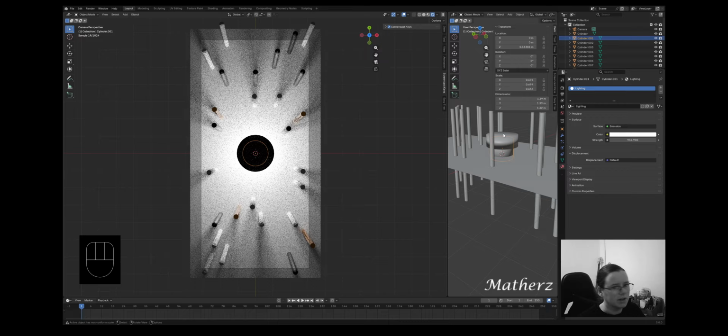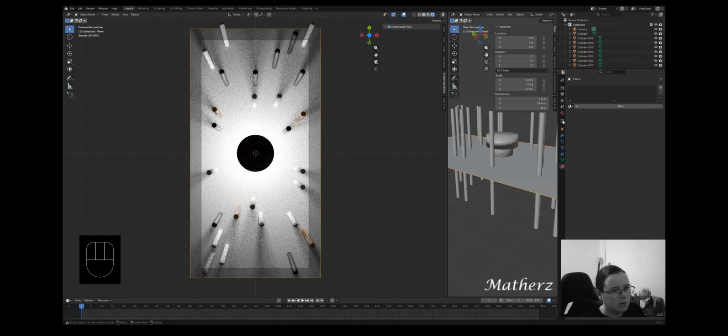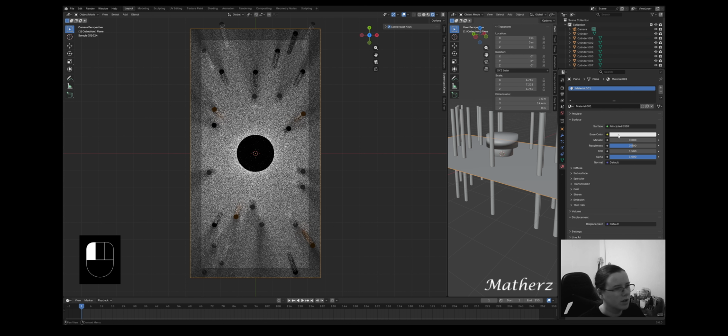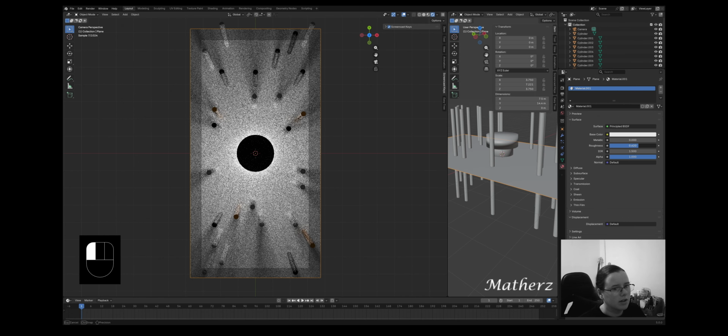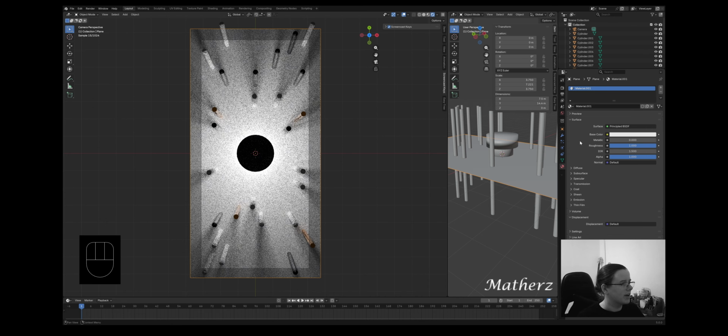I'm going to go ahead and actually take the background right here and maybe bring up that roughness. Let's take that, let's go to materials, we'll go new. And then for this one, we're just going to go ahead and pull up that roughness when it decides to let me. Okay, yeah, so we have this roughness right here, but I think that the lighting is a little bit too